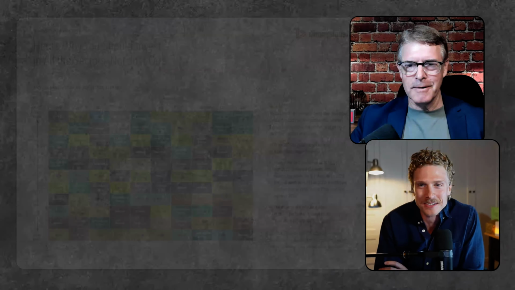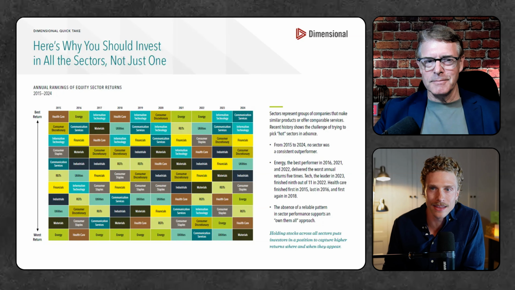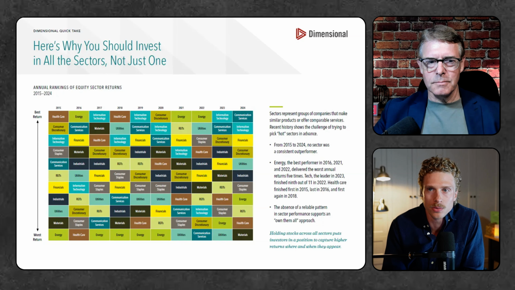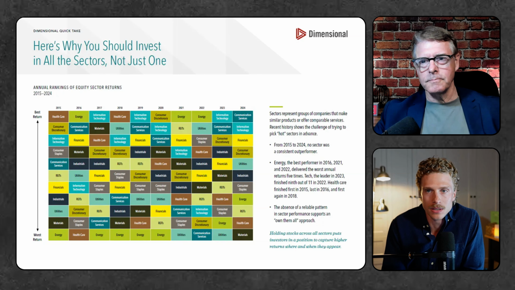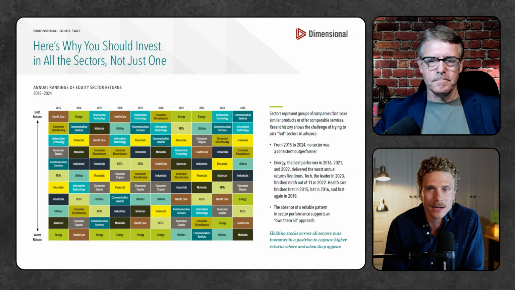Yeah, no, exactly. Well, it's a great question. So if we look at the same thing, data from the last 10 years, so from 2015 to 2024, we see the same story. There's no predictable pattern to the sectors. No sector stays dominant. One year it could be tech, the next it's energy. And stock sector leadership can be massively impacted by economic, political, market forces that make predicting the future almost impossible.